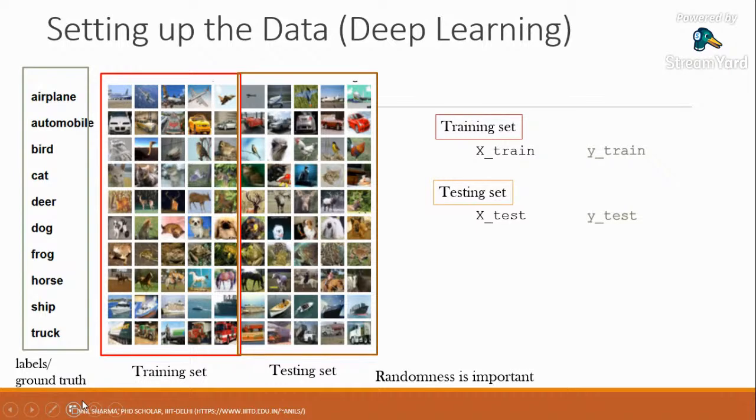Okay, so we are creating two sets. The training set is represented by X train and Y train. Y train is basically the label or the ground truth, and X train are the corresponding images. Similarly, the test set is represented by X test and Y test. So basically X is denoted as a capital letter and Y is a small letter. This is a common